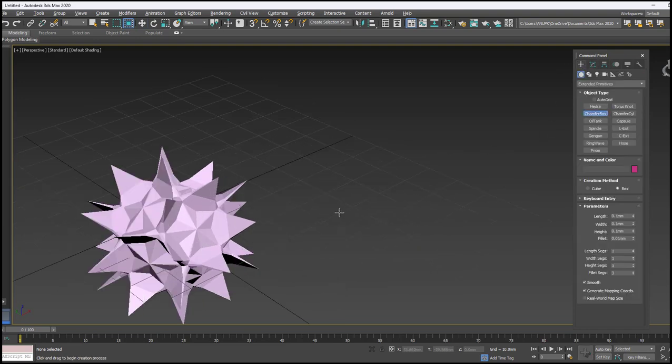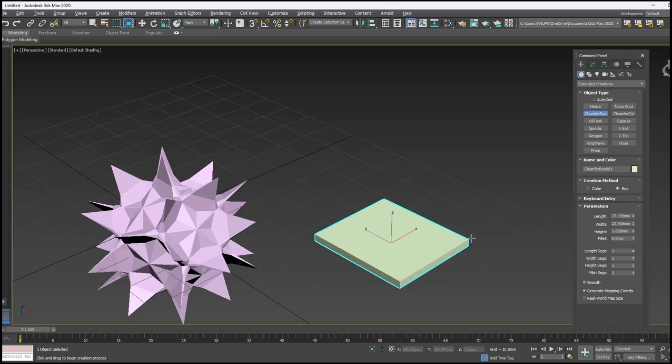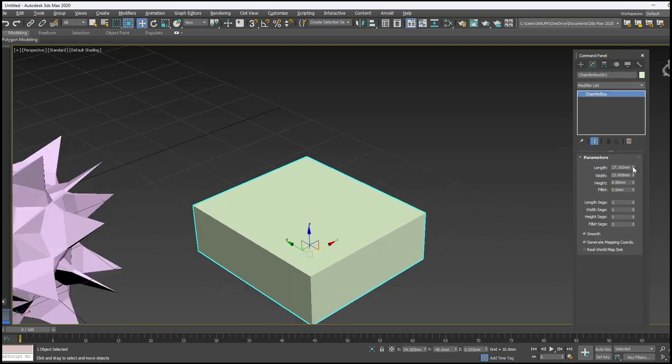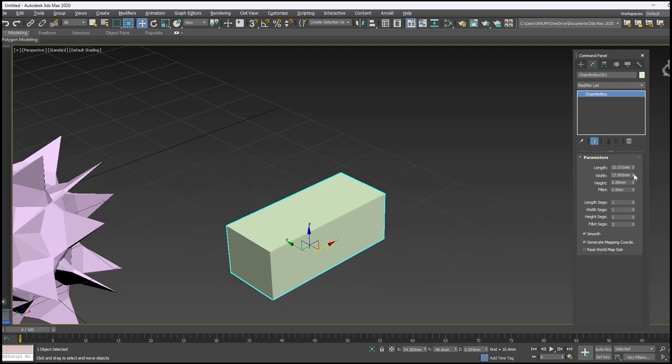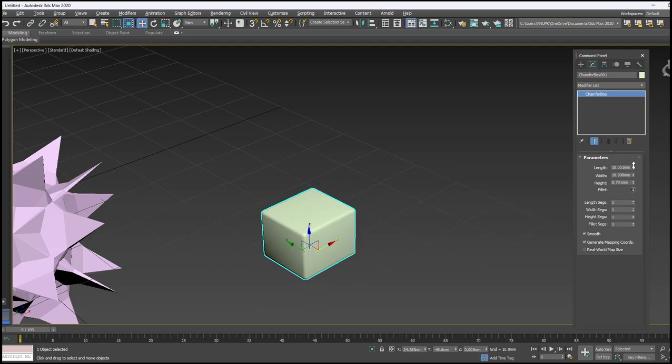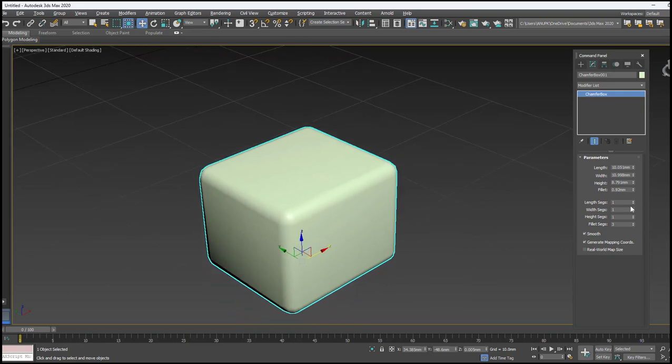In the standard primitives we have a simple box. In order to get the chamfer smoothness, I am going with the extended primitives. First corner, drag it and click the second corner, leave the mouse and then give the height. Once you give it, you just move inside or outside to get the chamfer. Then go to the modify option, length, width, height, and then fillet amount you can increase like this. See? So you can use this for the cushion.